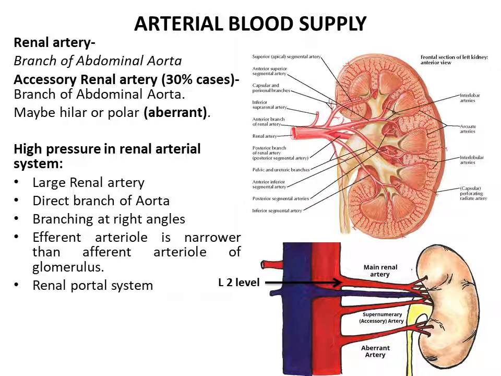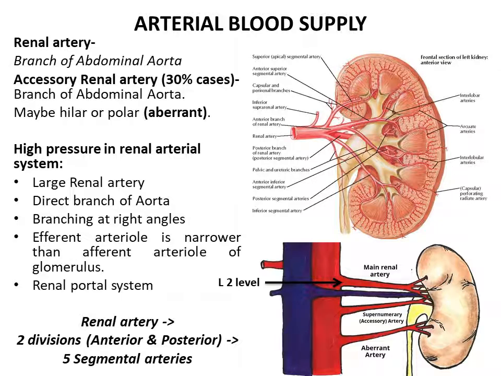The glomerulus, or the capillary plexus in the glomeruli, is fed and drained by an arteriole. The efferent arteriole is narrower as compared to the afferent arteriole, thus maintaining high pressure in the glomerulus. And two sets of capillaries are connected by the efferent arteriole, thus forming the renal portal system.